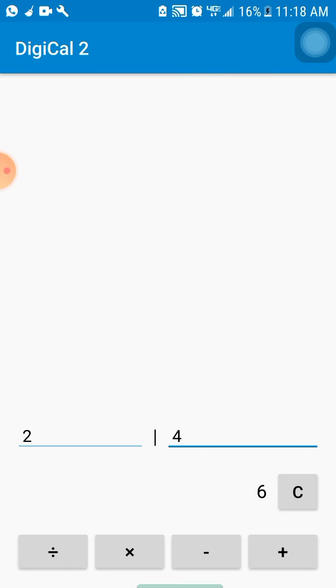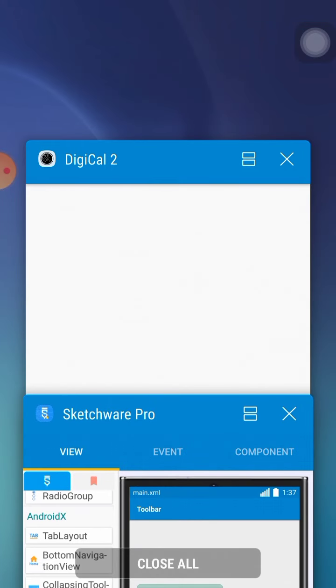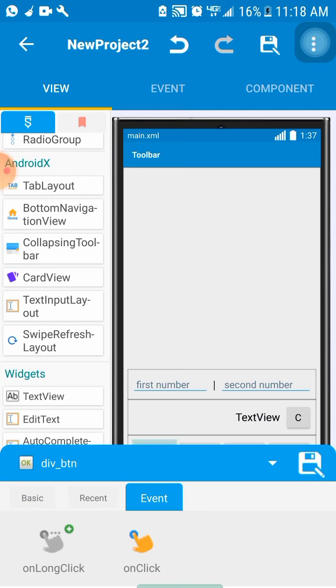So let's get back to work. What we also want to do next is the same thing for all the other buttons. Let's do the other buttons. So this is how we are going to do it. Let's get back to where this code was to make the work simple. Let's get back to where our code is in the add button,